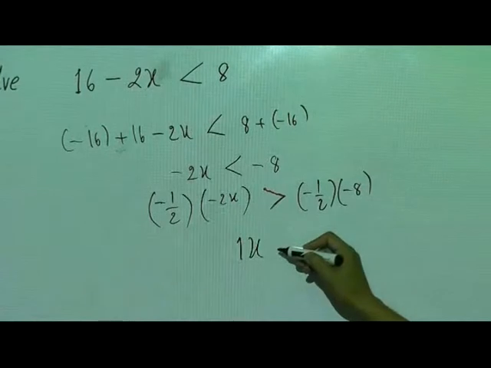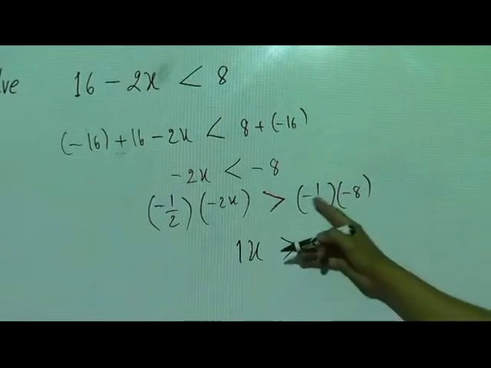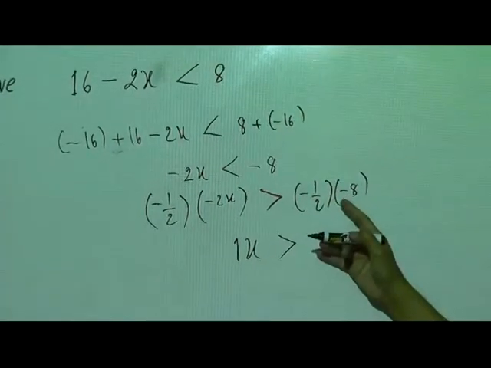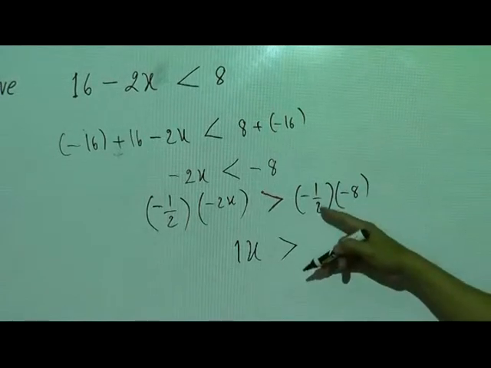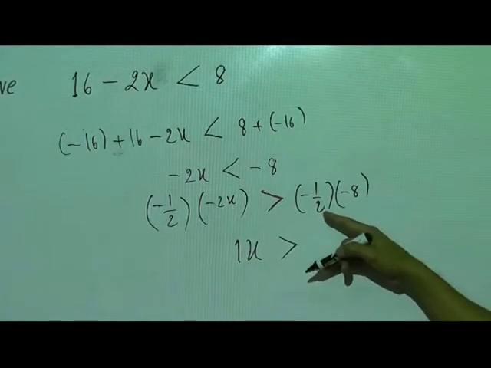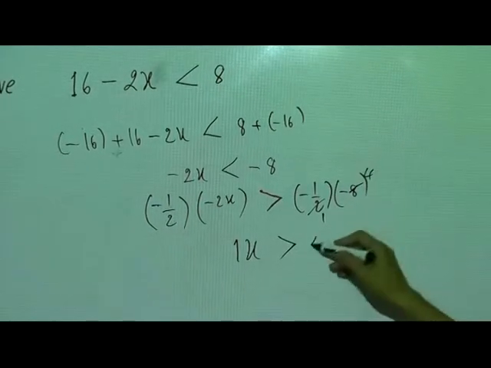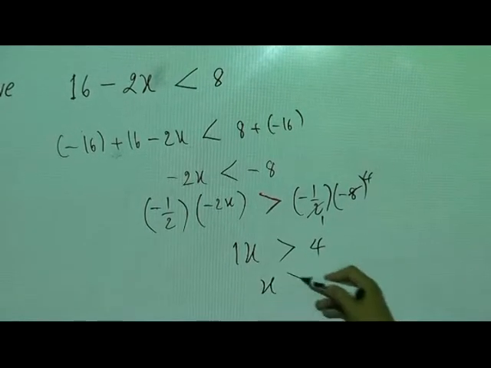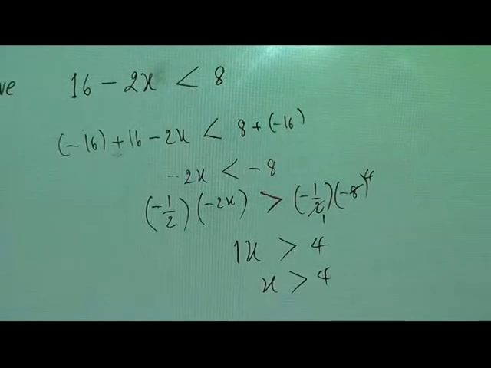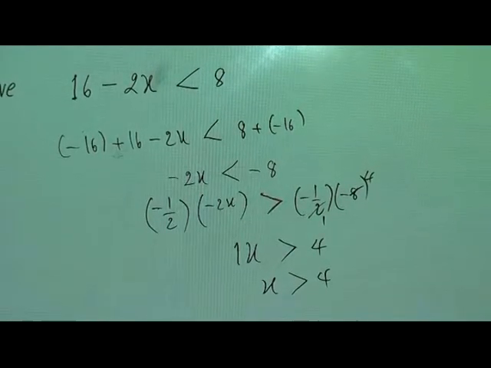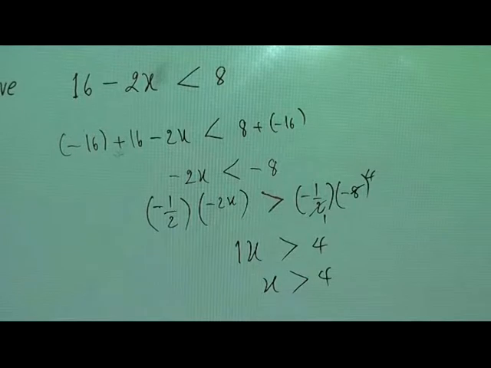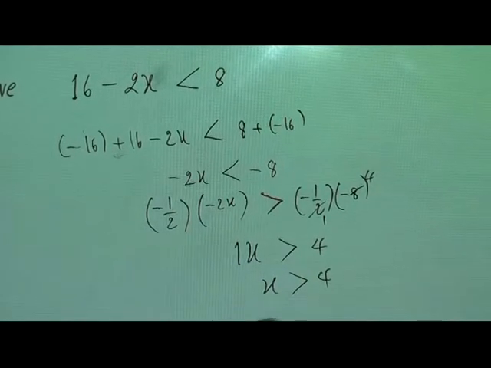Therefore, 1x is greater than minus pi minus, what is plus 1 over 2 multiplies, we can reduce to 4. Then x is greater than 4. If we show it on a number line, we can show that it is